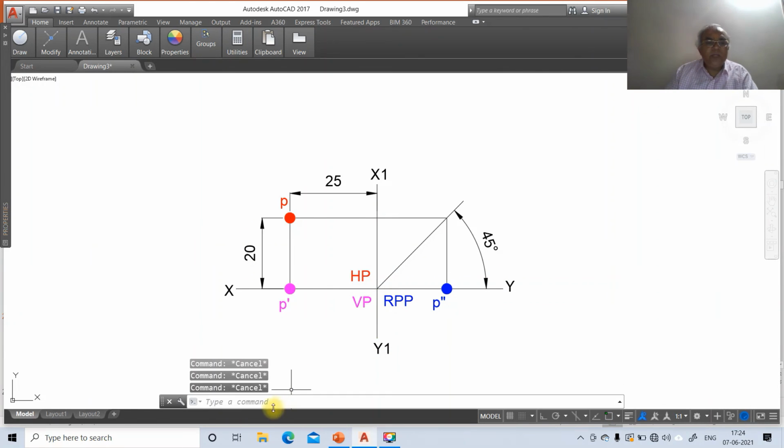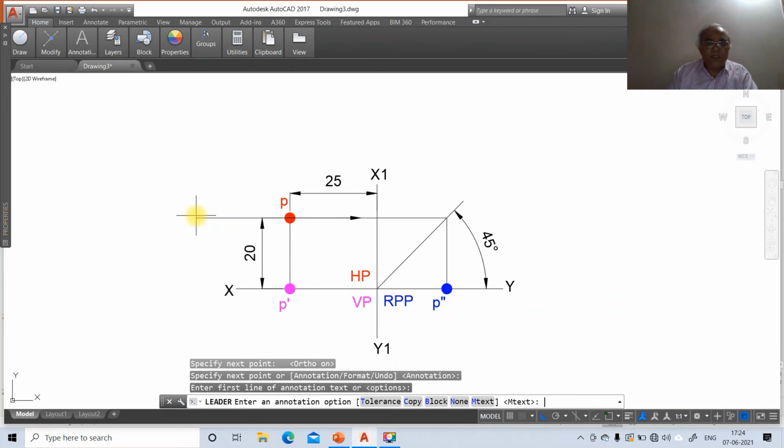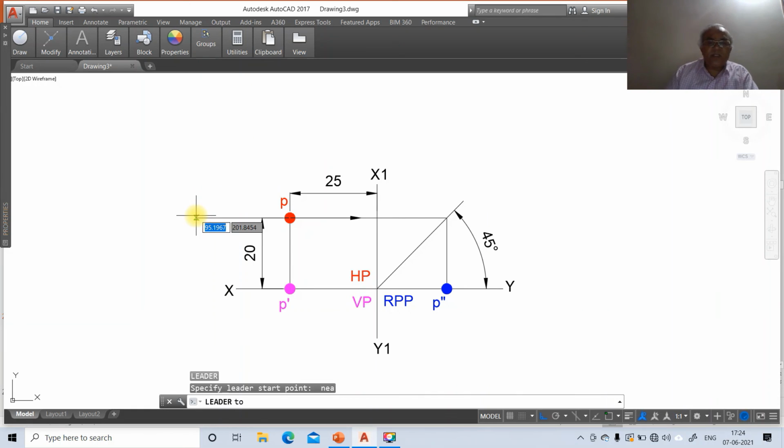Then go to leader, select this line, nearest point, so you take this and draw. Switch on the ortho mode, annotation option none. Then go to leader, again take nearest on this, then annotation option none.